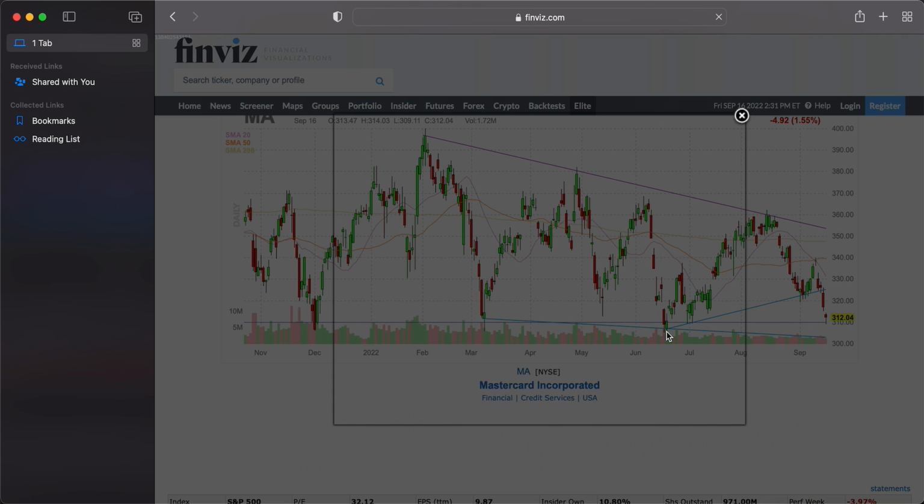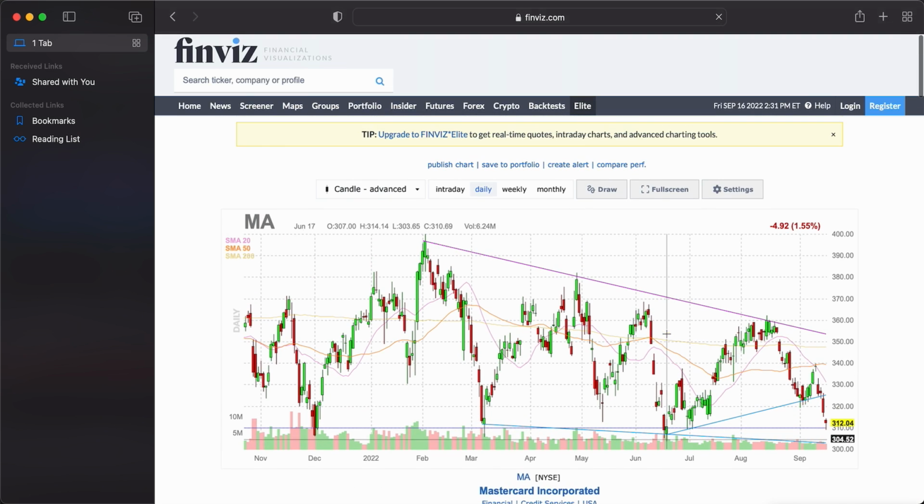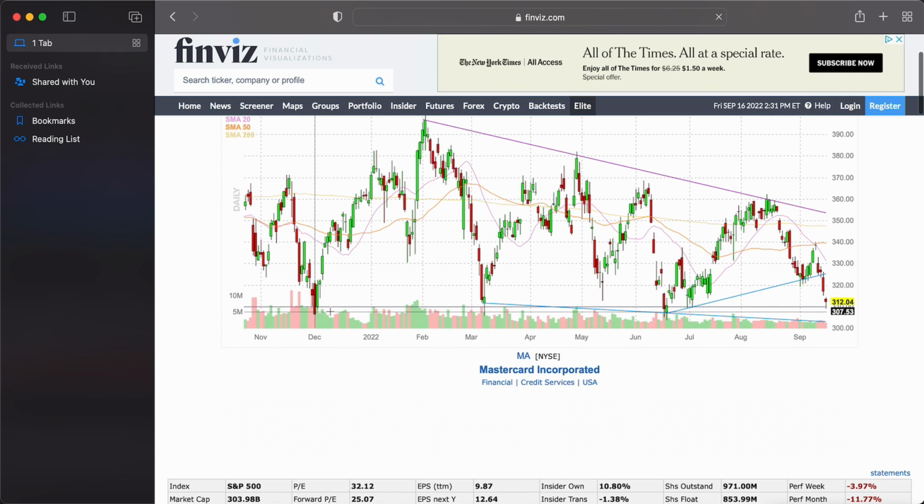Now, the market has been rough. You see that it's touched like the 305 level. This is for MasterCard, at 305, roughly down to $300. It's touched this level like 4 times. Now, will it break this level and go under $300? That is a risk. But that's something else we can talk about in the next video, which is selling a